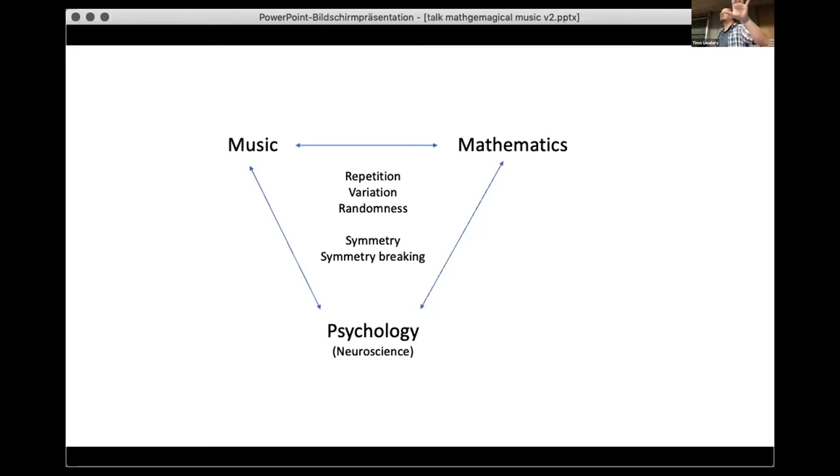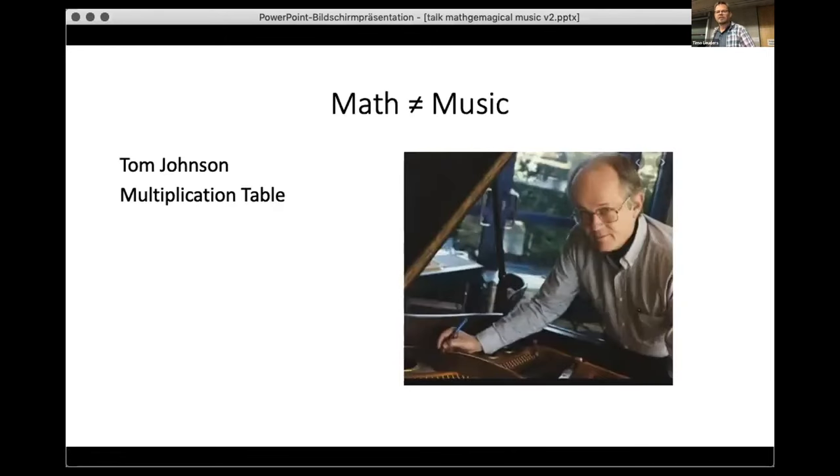And I'm only going into the very simple question: can we go from mathematics to music in a way? The other way around, you know, you can analyze Bach music by mathematics, but can you create music by using mathematics? And I will show this with 3 short pieces, and 2 of them are by the not yet very famous Tom Johnson, American composer situated in Paris for a long time, and he created lots of pieces of music to show how mathematics can be the core, the generating cell for music.